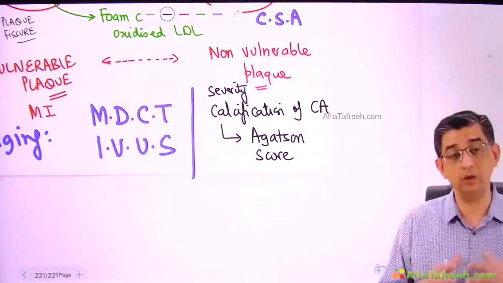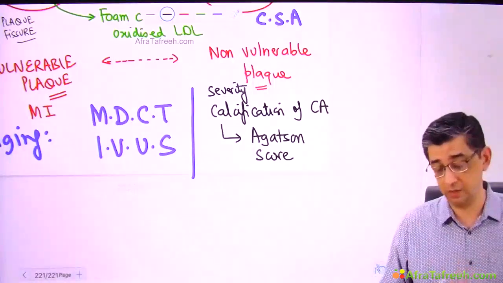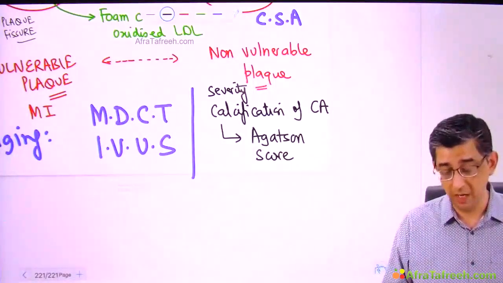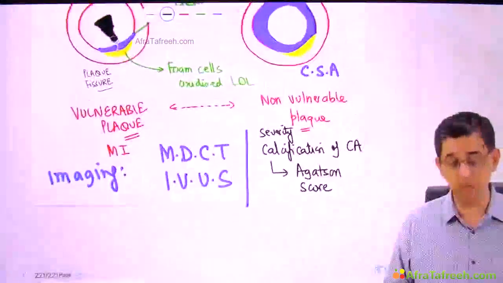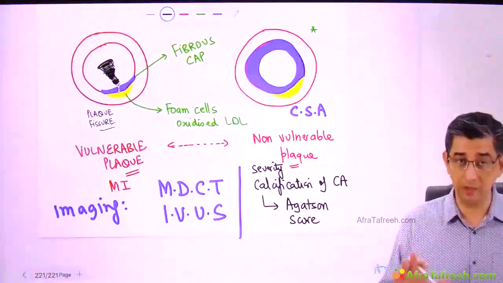The longer the duration of the atherosclerotic lesion, the more will be the chances of calcification, and we can pick up this calcification by MDCT. So the number of concepts here has increased to 3. I'll repeat the concepts once again.